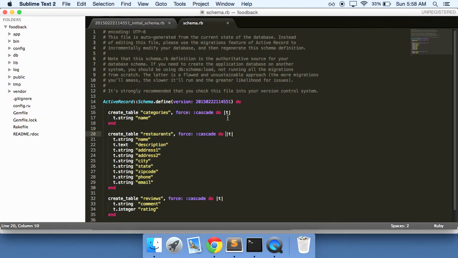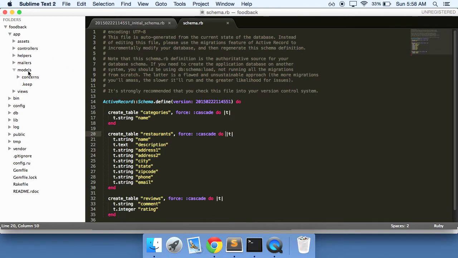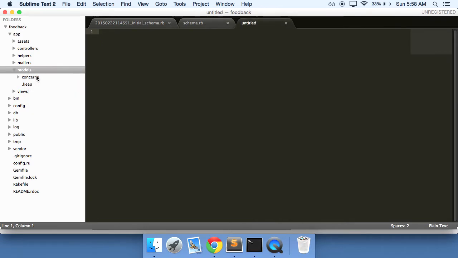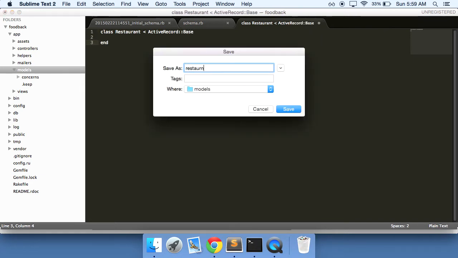Now that we have our initial schema set up, let's go ahead and create the models. So what we'll want to do here is go into our app, models, create a new file, and this one we'll call restaurant, save it as restaurant.rb,